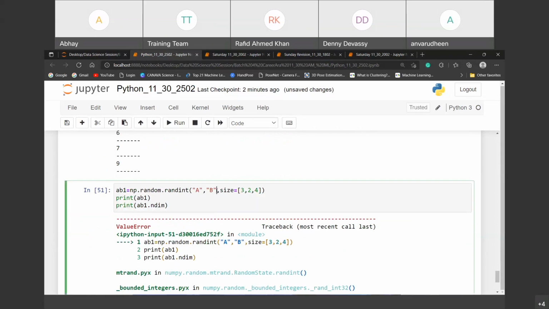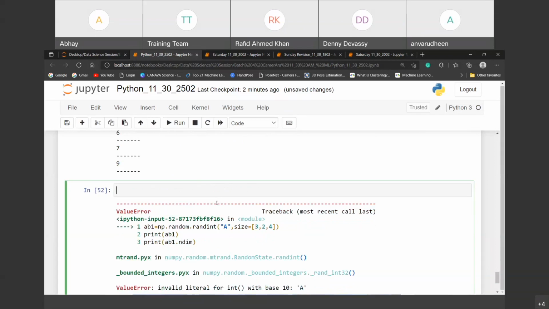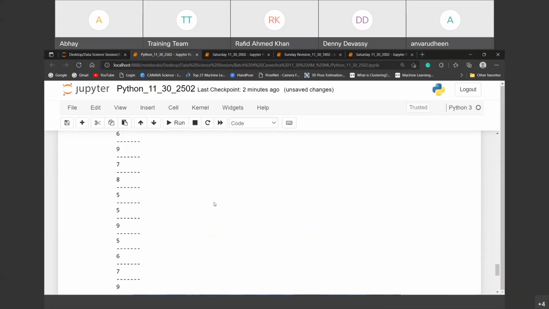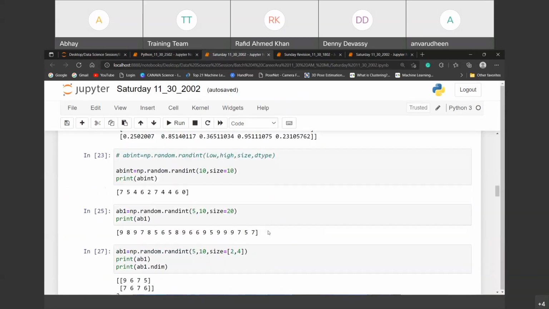So I'll pass only one here. With the one also it is not working. So with a string it is not working. Okay, and it's fine with random, and we can define randomized values, or suppose you can go with zeros and ones. But in the last session we discussed a major point